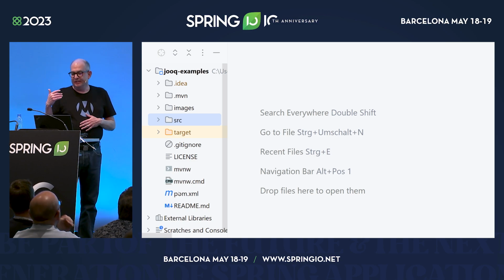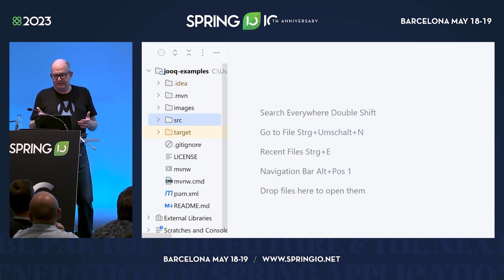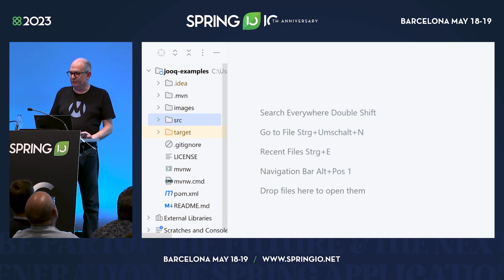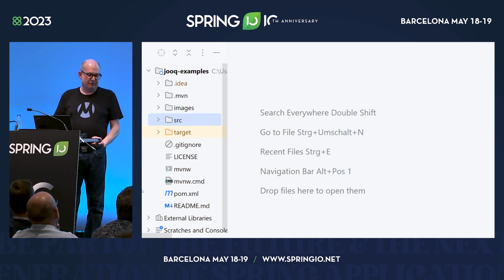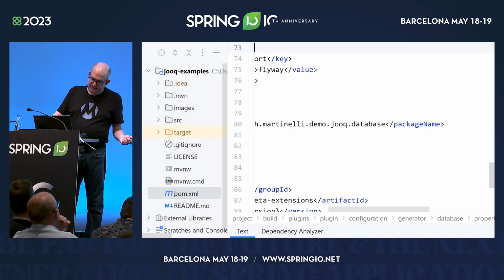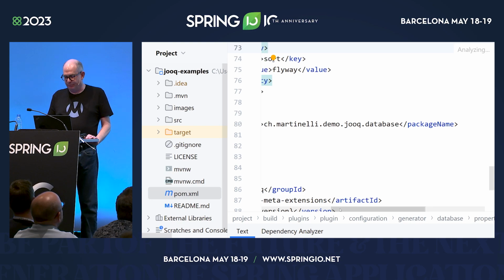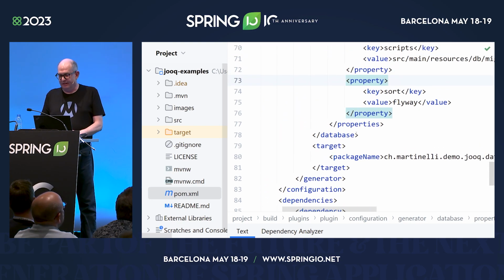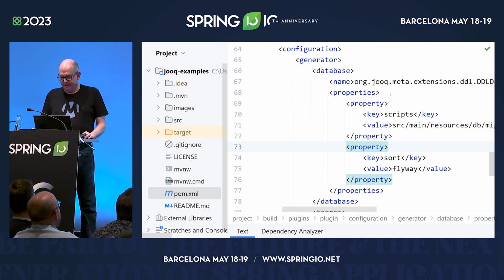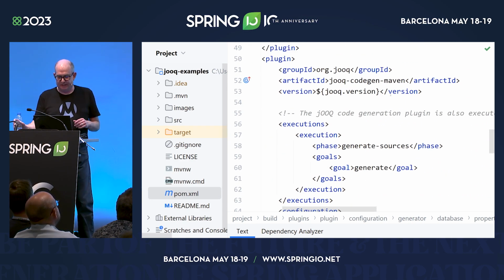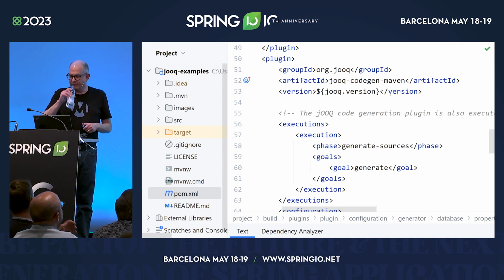You can even generate the meta model directly from Java if you like to, or you could use a CLI that uses an XML file for the configuration, and because of this XML file, that fits perfectly into a POM, because POM is also XML. You just can use the same thing there. So we have this jOOQ CodeGen plugin,